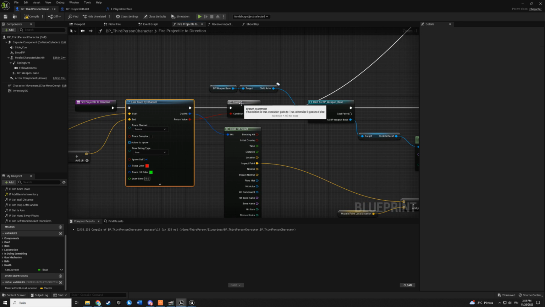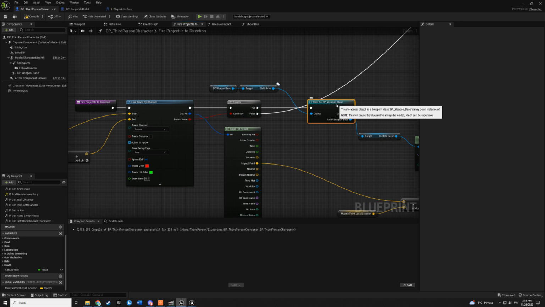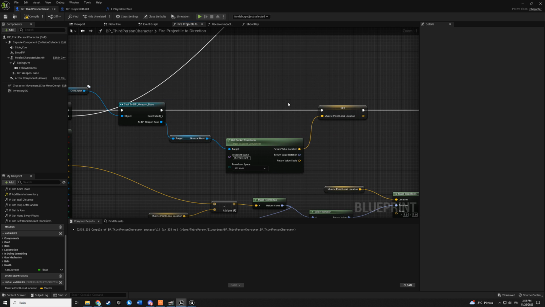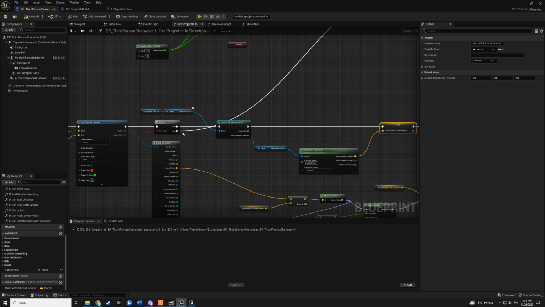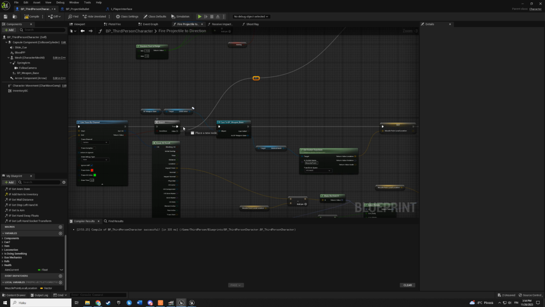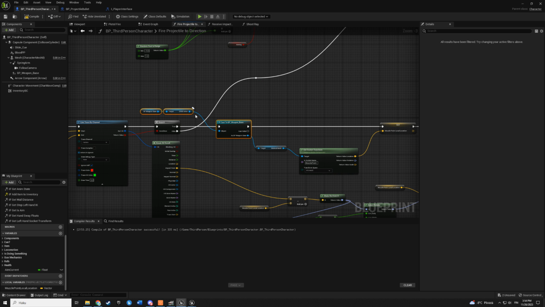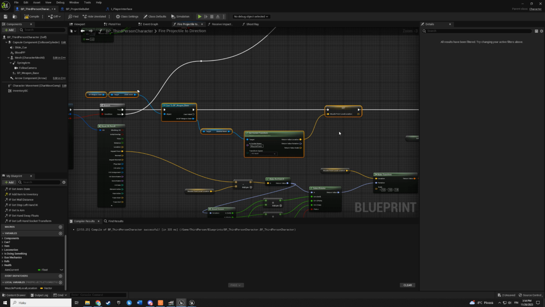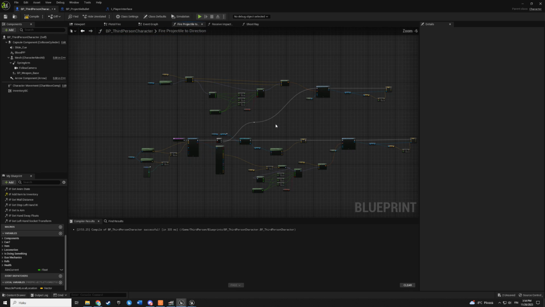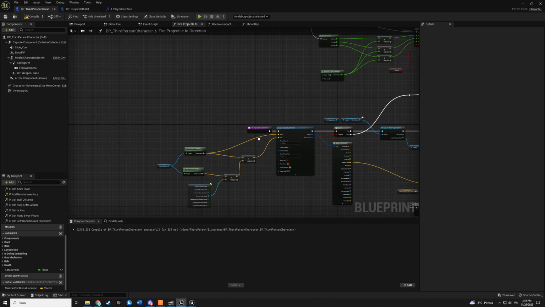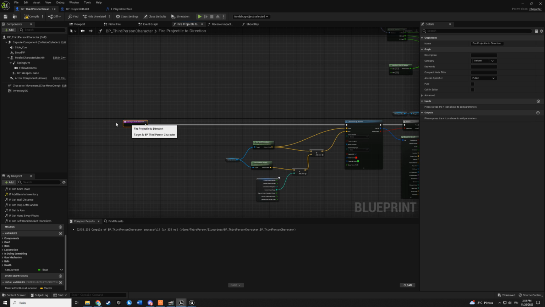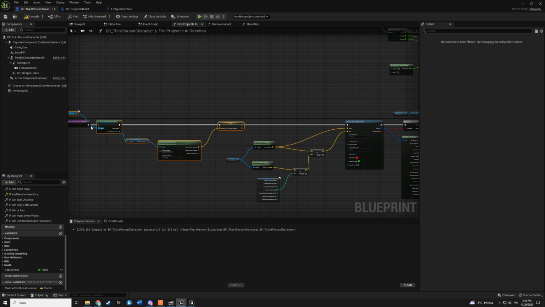When we have hit our line trace, we take our weapon and then we set that muzzle point. But if this goes false, like this, we are never setting that. So we need to actually take these. And what we could do, we could make it only happen once here. So add these to here.